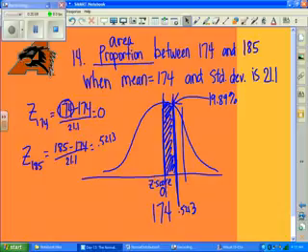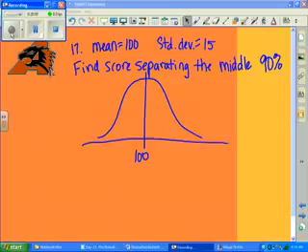So let's spend a little bit of time on number 17. Okay, so let's go over number 17. Number 17 has a mean of 100 and a standard deviation of 15. So if you're thinking about what this is looking like,